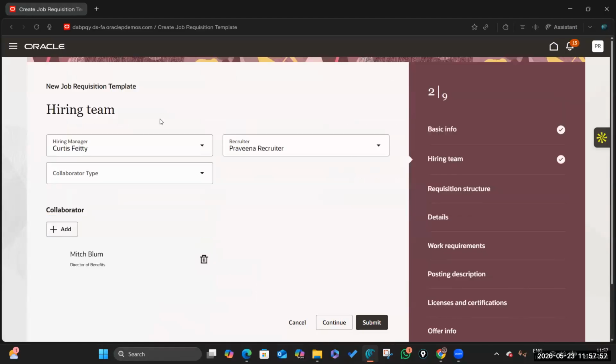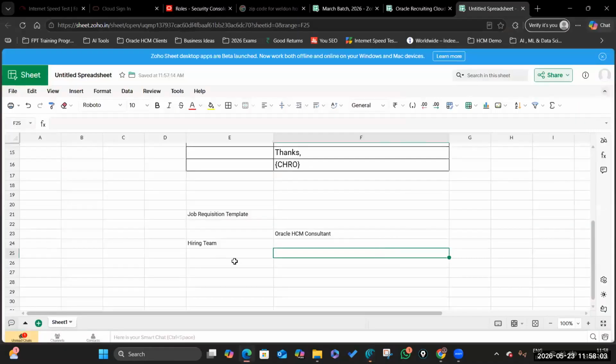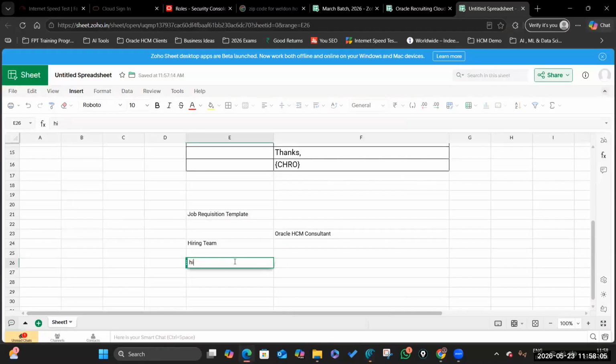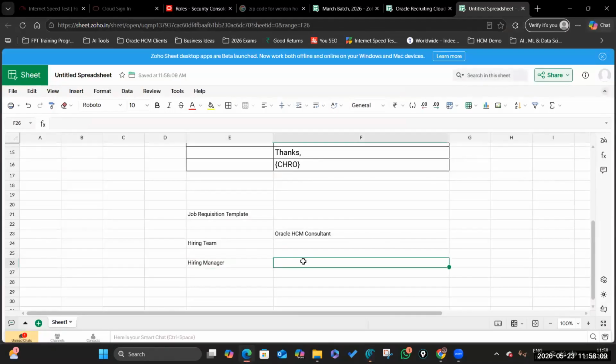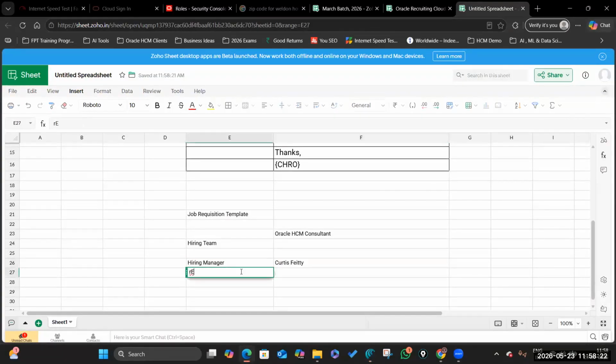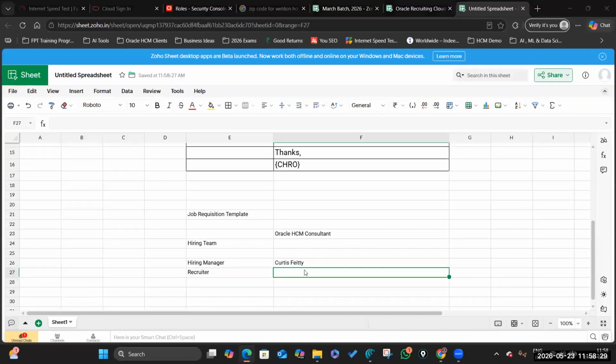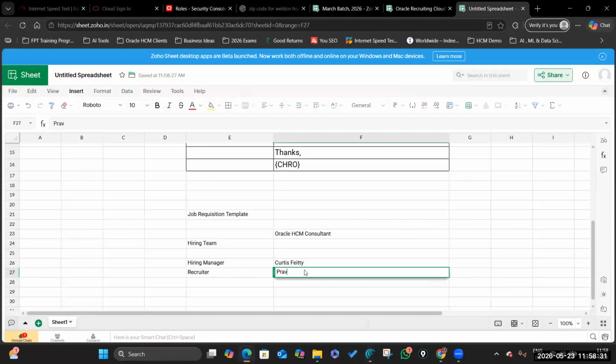So these people will not change for this particular job requisition template. So who is the hiring manager? Curtis Fitty. Recruiter, Ravina. And collaborator,